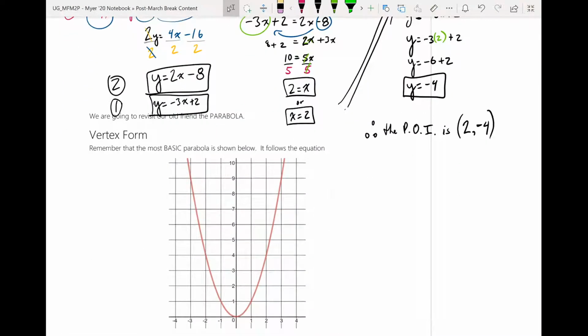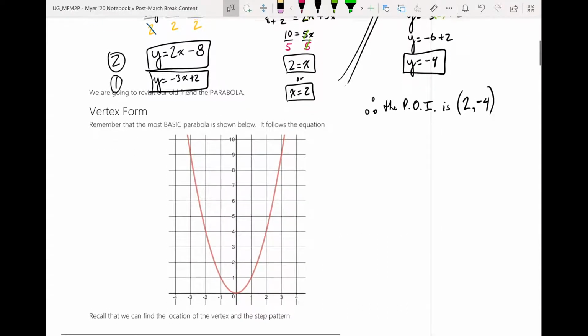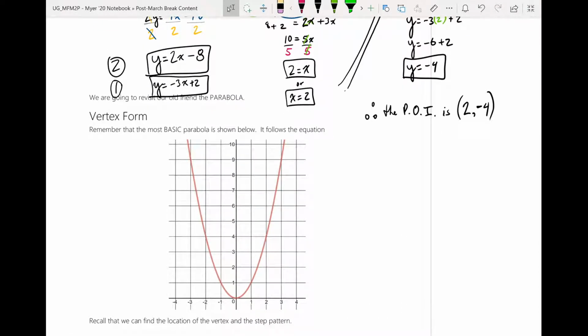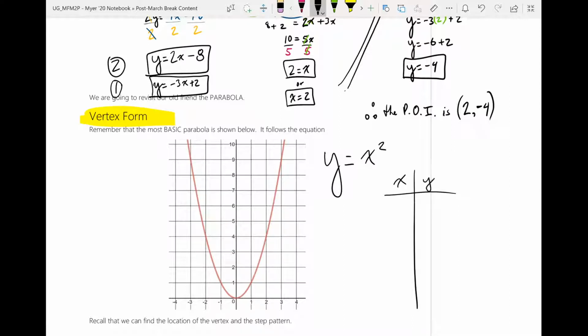Okay, next we're going back to the parabola. So that's kind of our goal today, is looking at the parabola, and we're going to do something called vertex form. That's kind of the whole point of what we're doing today, vertex form. All right, so if you remember the basic parabola that's shown below, this follows this equation, y equals x squared. And if we made a table of values, basically, so if we had an x and a y,